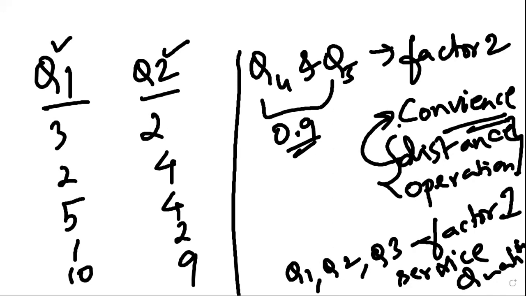Now, what is a KMO test? As already told, in SPSS, this is a technique used to determine whether adequate samples or responses have been collected in order to conduct the factor analysis. Because as the total number of variables increases, the number of responses should also increase. Why is it important?